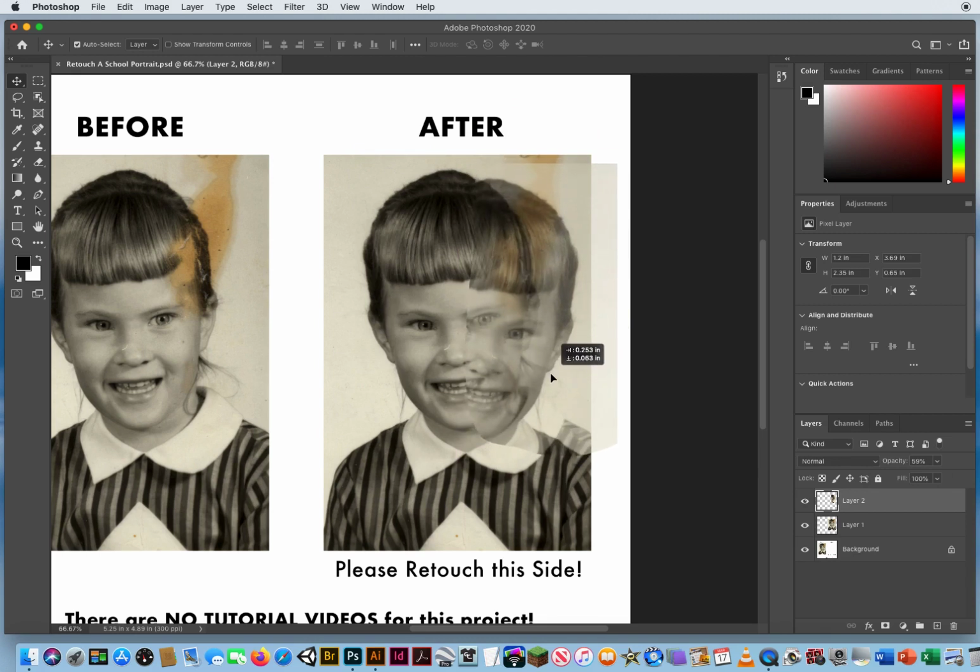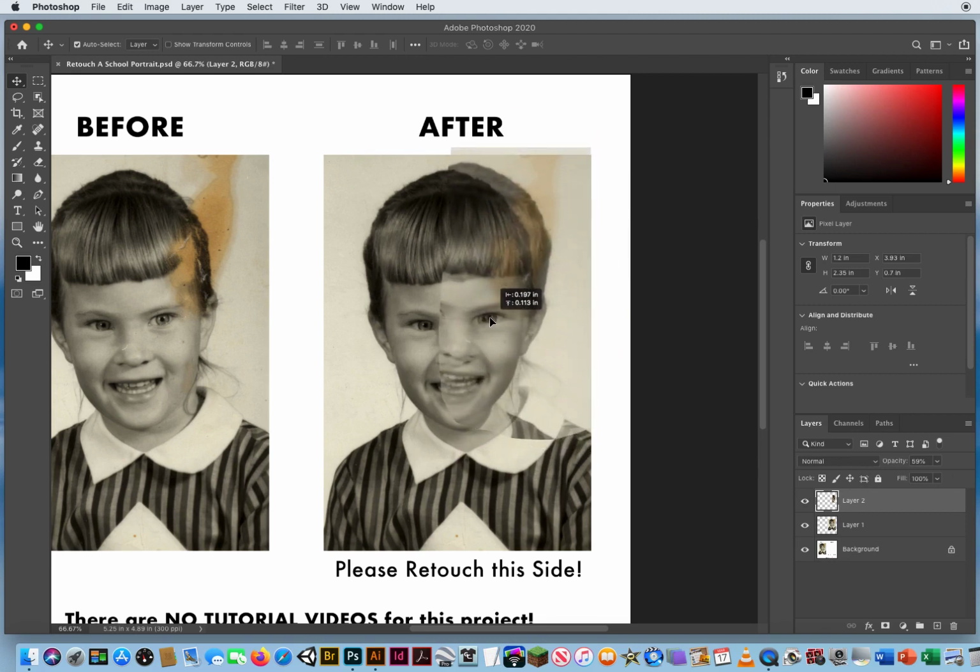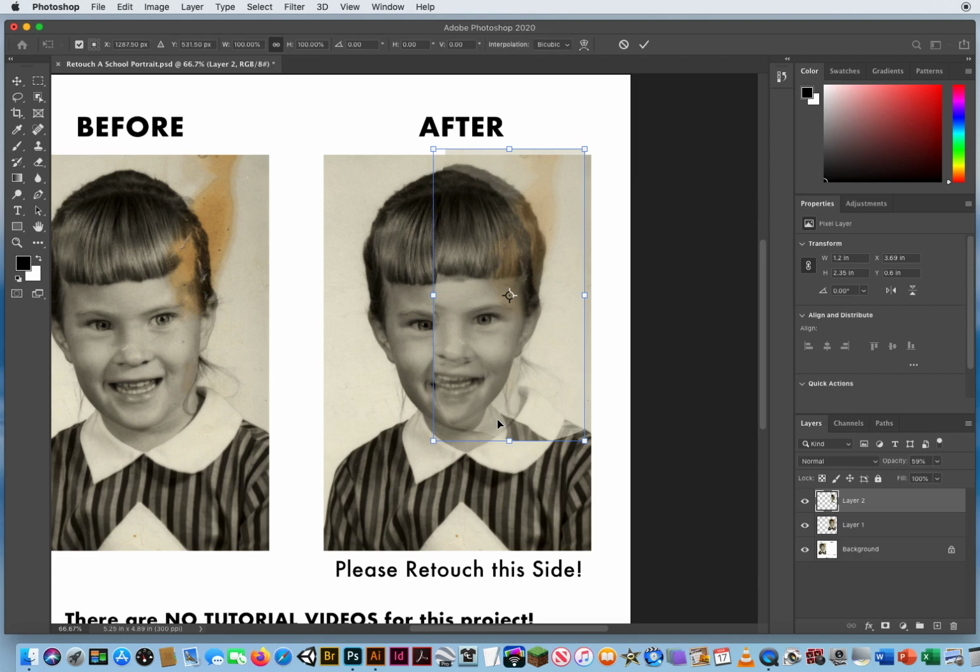The reason why I want that ghosted image is I'm going to take the center of her eyeball and put it right over the center of that eye, so those two eyes line up. Okay, the rest of it is off, but here's what I'm going to do. I'm going to hit Command T to transform. And I have this center point. Okay, if you don't see that center point,